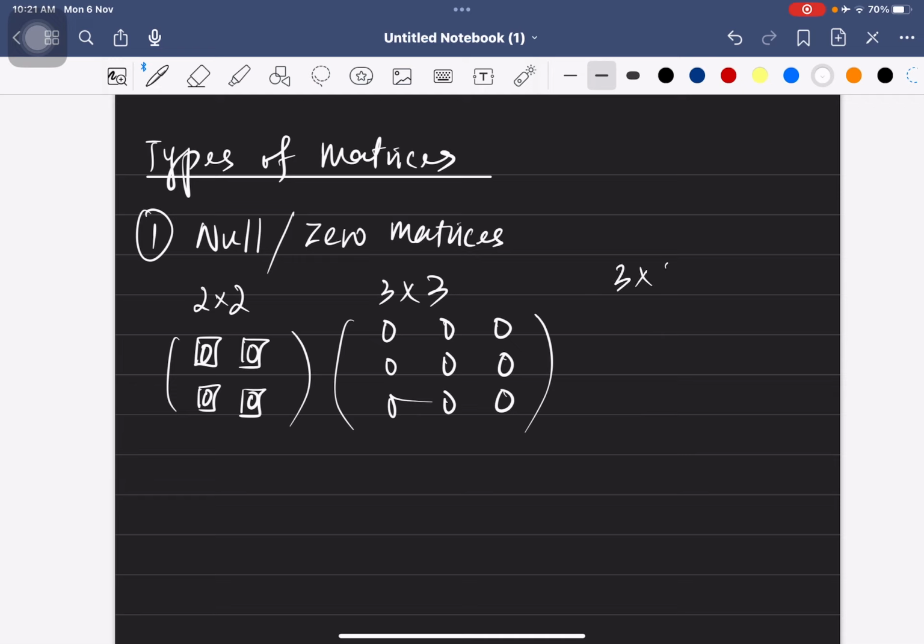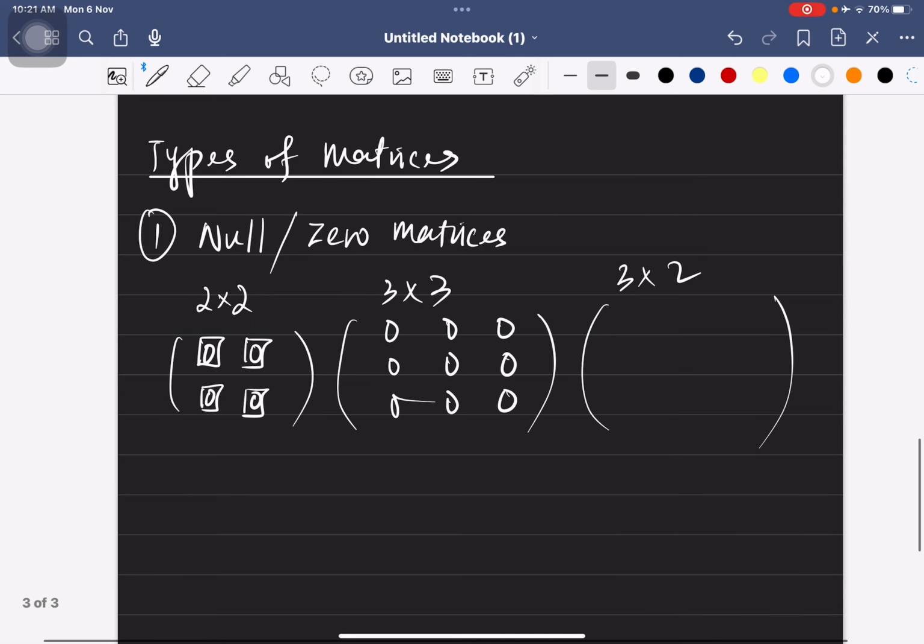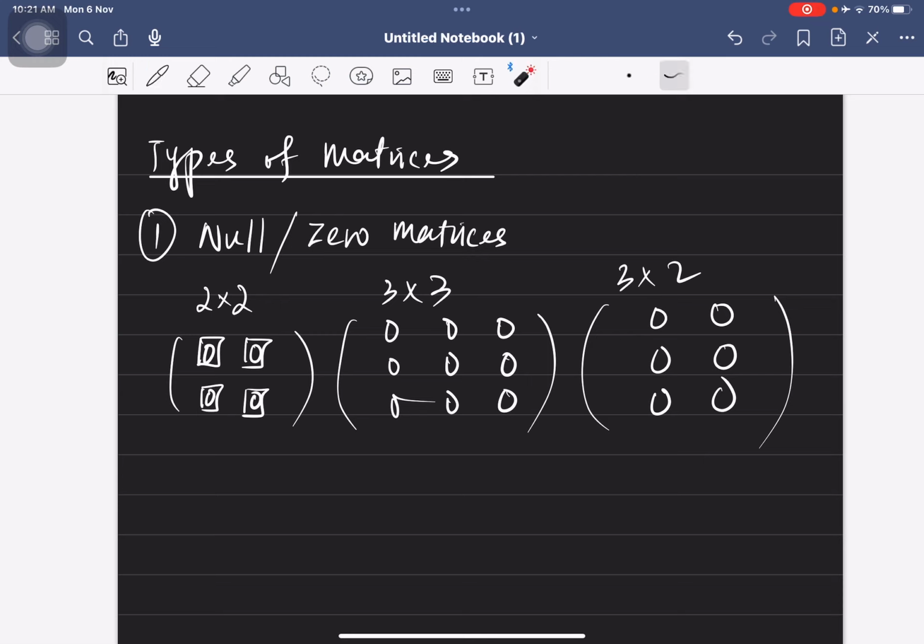It depends on what kind of matrix you are. If you are 4 by 4, then all 4 rows and 4 columns are all 0. If you are 3 by 2, 3 by 2 means 3 rows and 2 columns, so in the 3 rows and 2 columns, all the entries are 0. This is what we call null matrices. Basically everything is 0, depending on what is the order of the matrix. And the second term